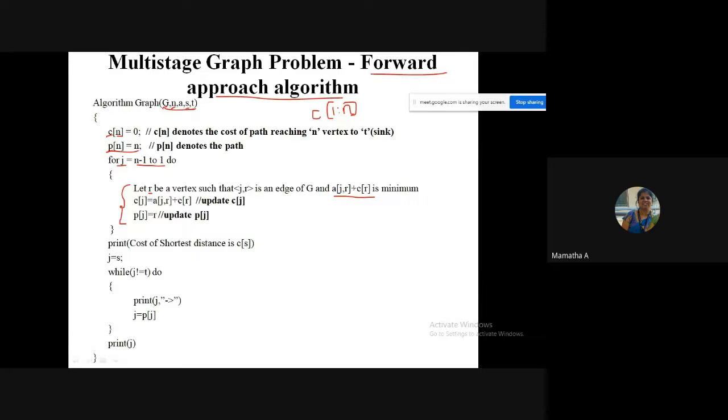So as I have told you, A of J, R will give me what? The cost of the edge JR plus C of R. What is the C giving me? C gives me the cost of the path reaching the vertex R to the sink node. So I am updating the value of J in C, finding out the shortest path of reaching J